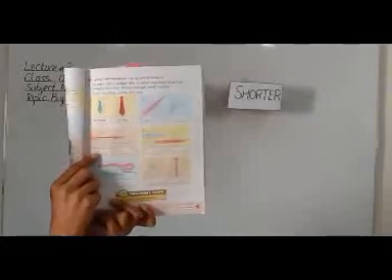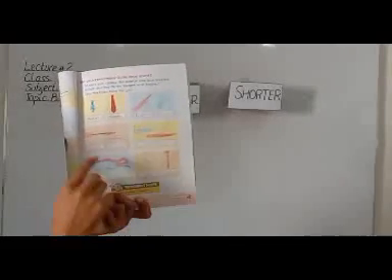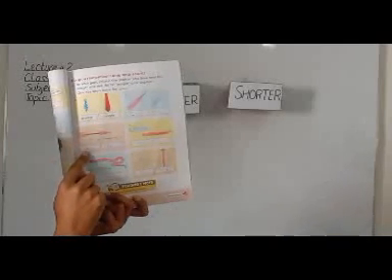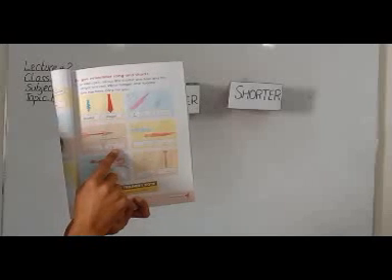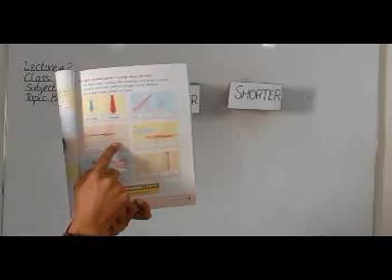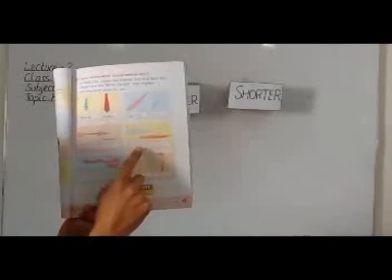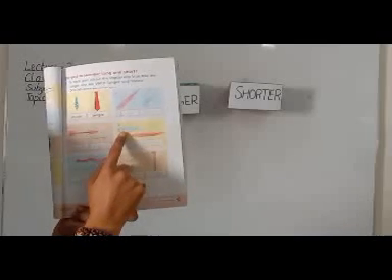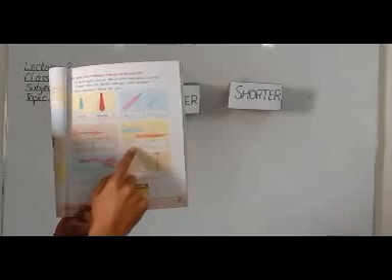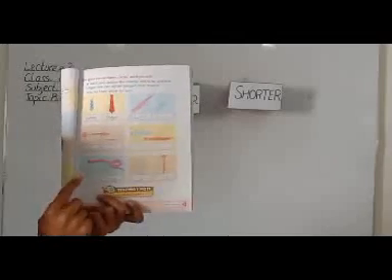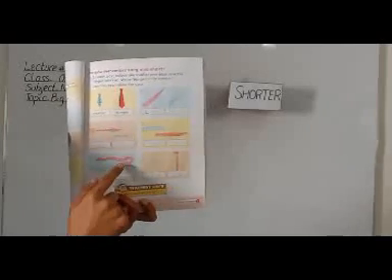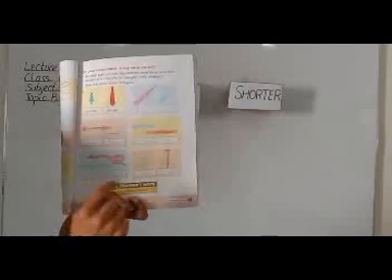We have two arrows in different sizes. This one is longer. Write here longer, and this one is shorter. You write here shorter and color the shorter arrow blue. Okay, we have two colors. One is shorter and this one is longer. We have one pair of snakes. This one is shorter and this one is longer.